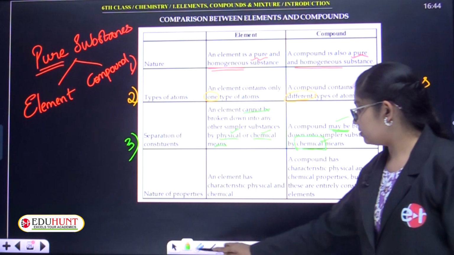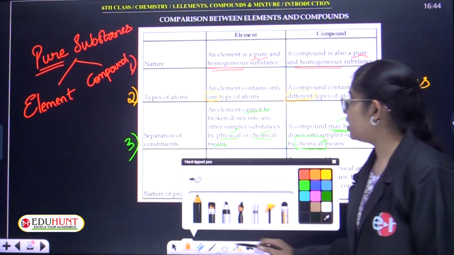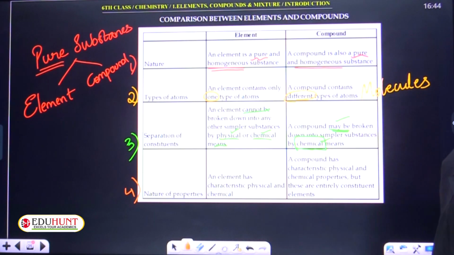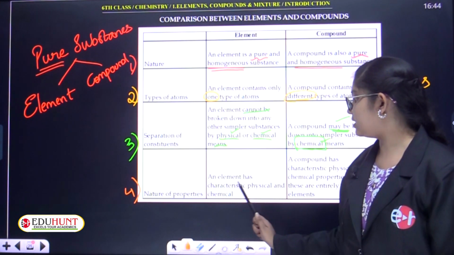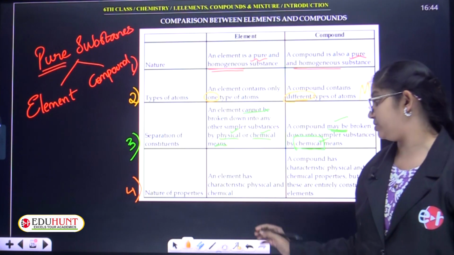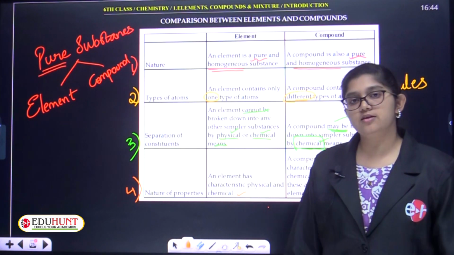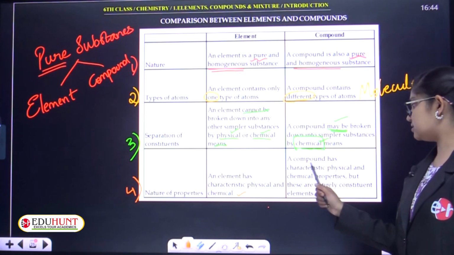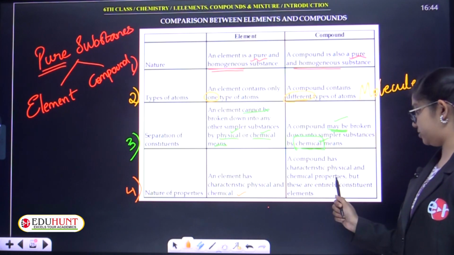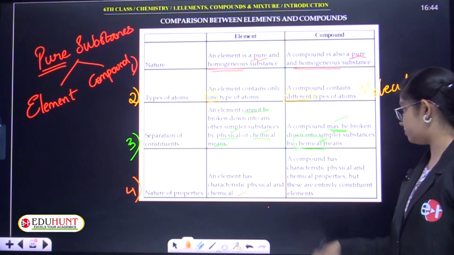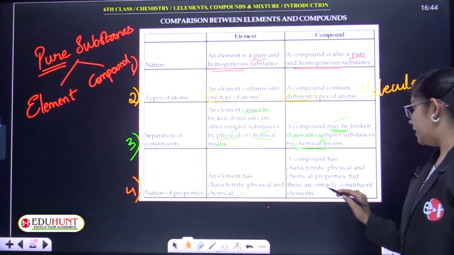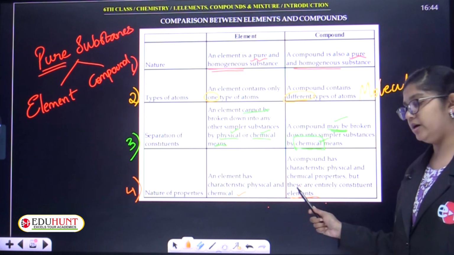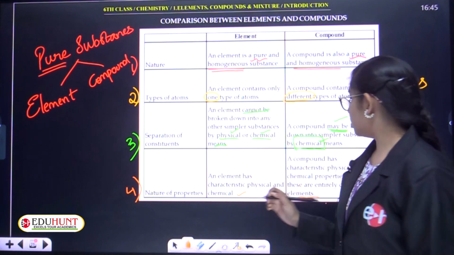Okay, and the fourth one is nature of properties. How the properties are present in the element. An element has characteristic physical and chemical properties. Yes, element does have both physical and chemical properties. And coming to compound, a compound has characteristic physical and chemical properties. Yes, so both are different. But these are entirely different from the constituent elements. The properties are okay, but they do have some entirely